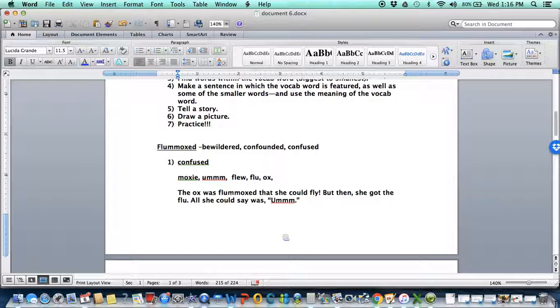Next, draw a picture. So, I want to see a confused looking ox or an ox with her brows furrowed and she's flying, right? And then I need to see a picture of her sick, right? So, she's got orange juice, she's got her covers pulled up over her, that kind of thing. All right, and then the last step again is to practice. So when you practice,